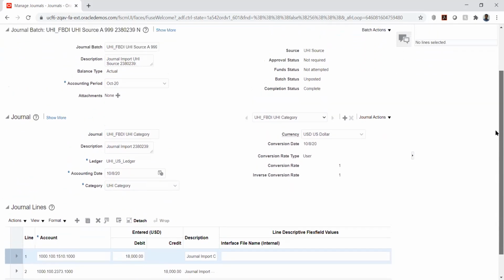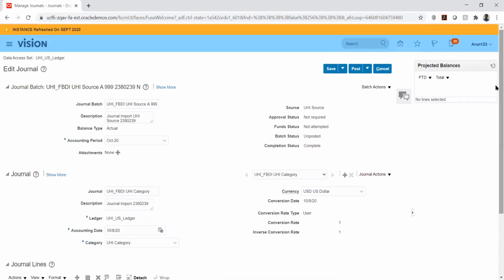So the difference is that that one will post automatically, but this we will have to check and repost, I mean, we have to post it manually. So I'll post this entry.